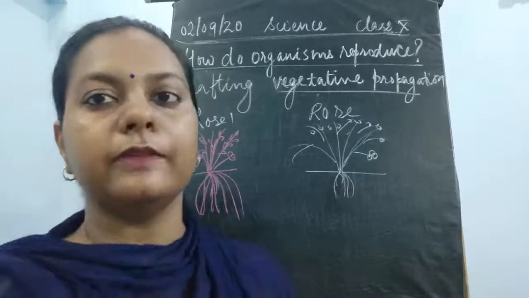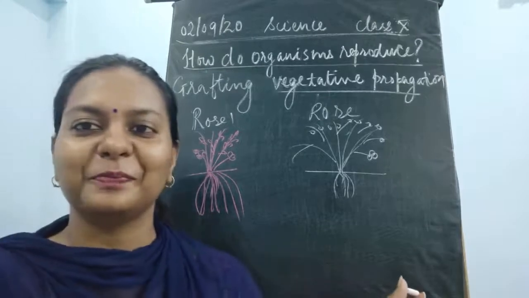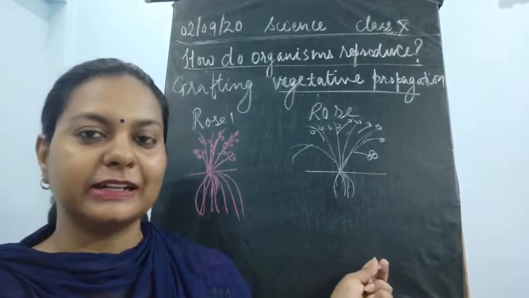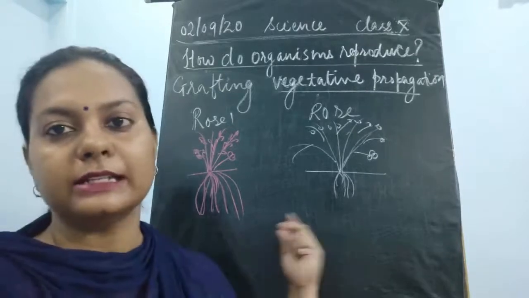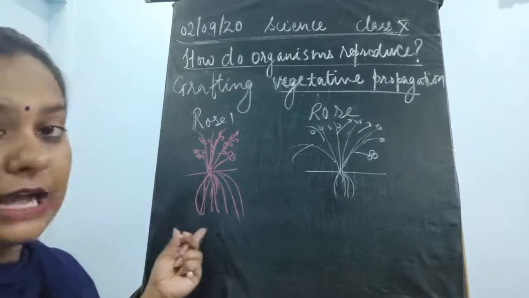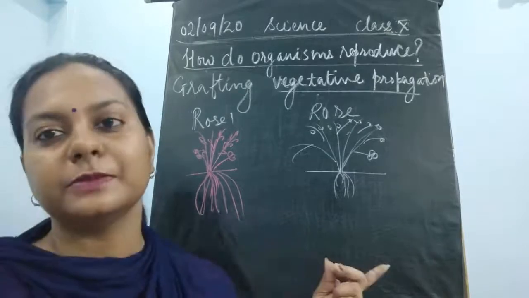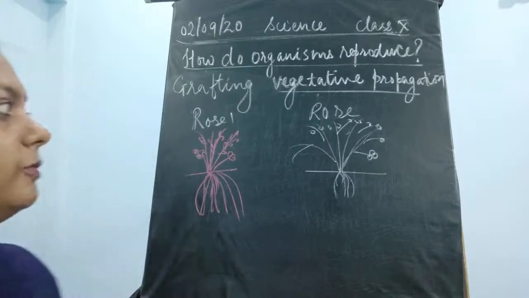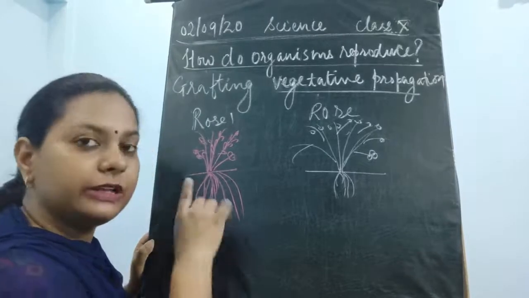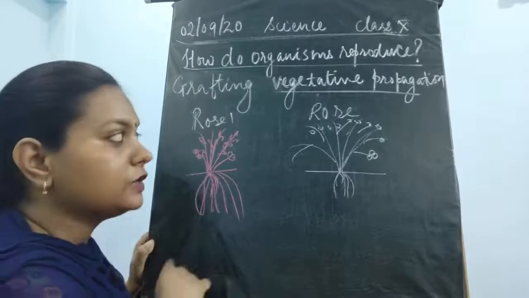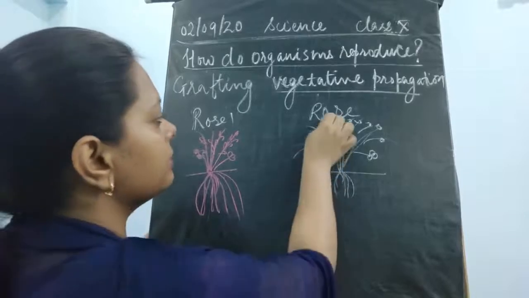Okay, so here we will see that there are two plants of rose. I have not drawn it in a very good manner, but still this is depicting that this is a rose plant. So what is the difference between these two plants? I have drawn some difference in this, but can you recognize the differences between these two plants? You would see these are of the same variety, only the difference in the color is there. So say for example, one is having this pink rose and the other one is having this white rose.